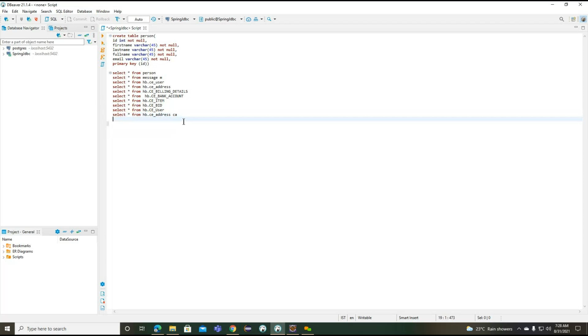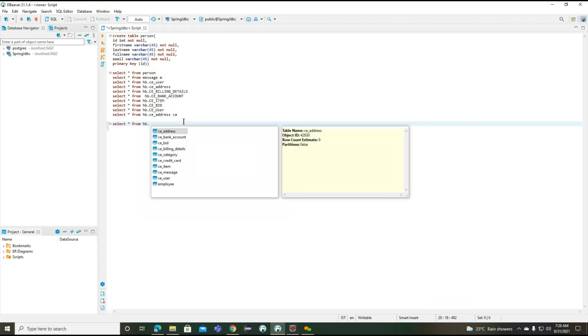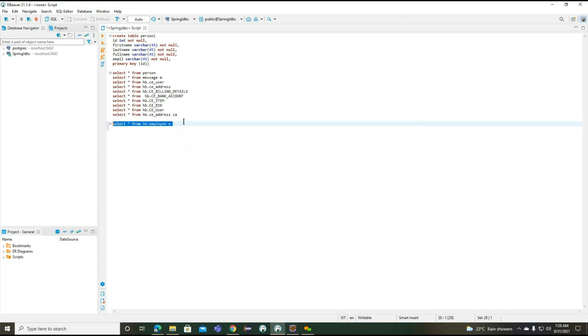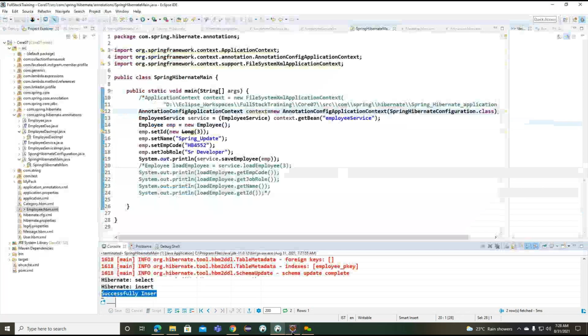Where is the employee? Okay. Now observe, the third record is inserted, and the second record is coming from the previous example.